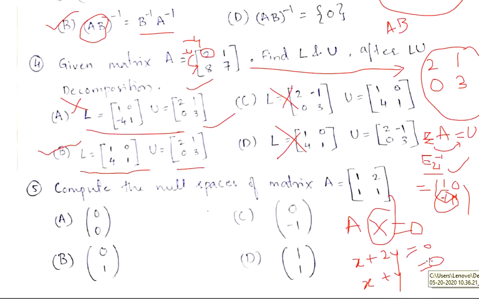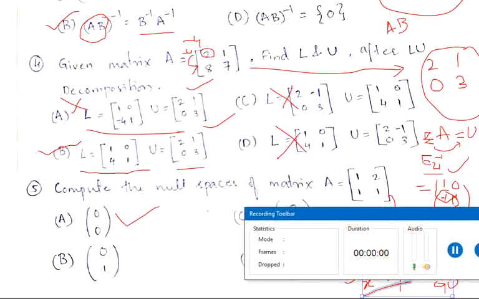See, when two components are added to get 0, these can be valid only when x and y are 0, right? Is there any other value where x plus double the y will be equal to x plus single the y? No, right? So 0 0 will only hold good for both the equations. The common solution is 0 0. So 0 0 is the null space which will make them value 0. Answer is A. Thank you.